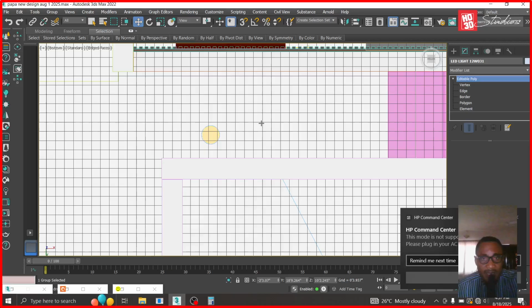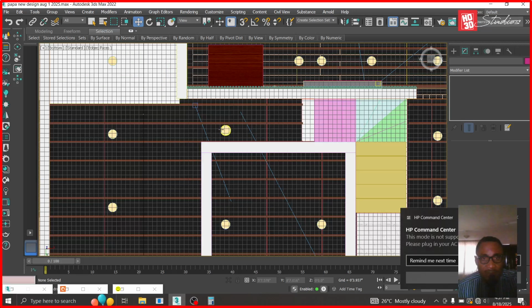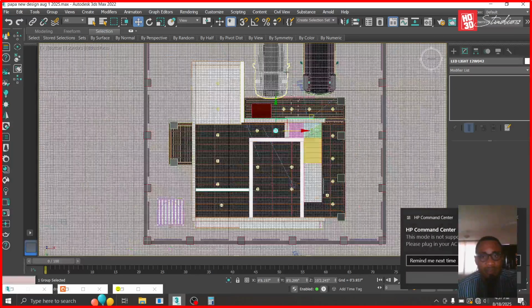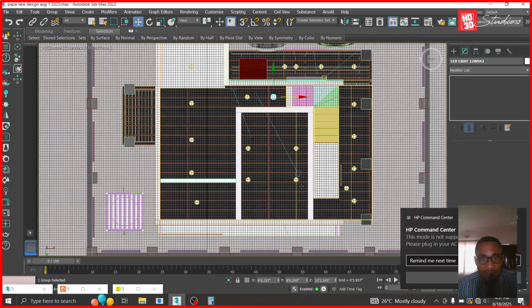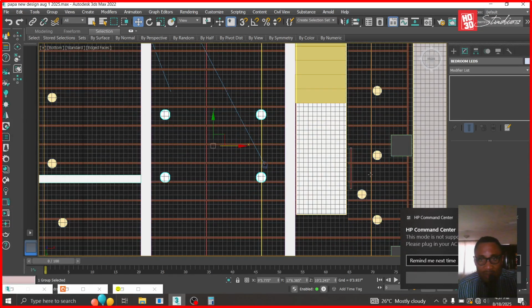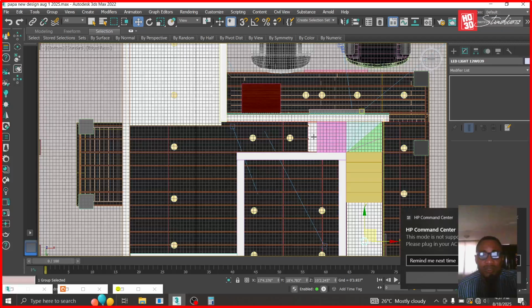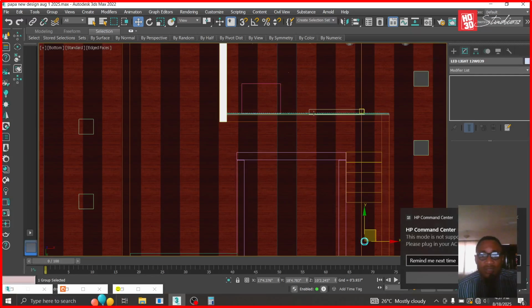So here, this is a walkway. I know there's a toilet here. Let me see if the bulb is there. Should be a toilet. Oh, I think this is the bulb. Yes, there's a toilet here. So on hide all,